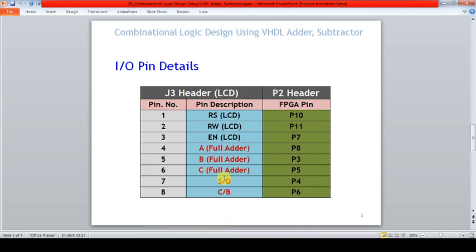There I have explained in complete detail how a logical signal, for example in the entity signal A, is routed to the FPGA pin, from the FPGA how it is routed to the PCB board, and from the board how it is routed to that particular switch. So the complete description is given in our earlier video. Please watch that video for better understanding.